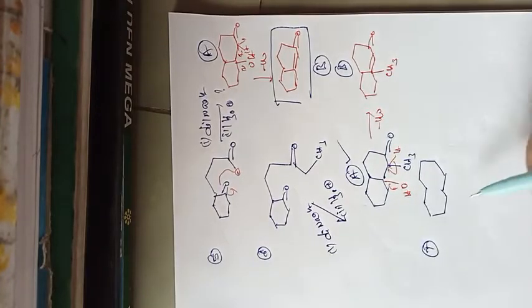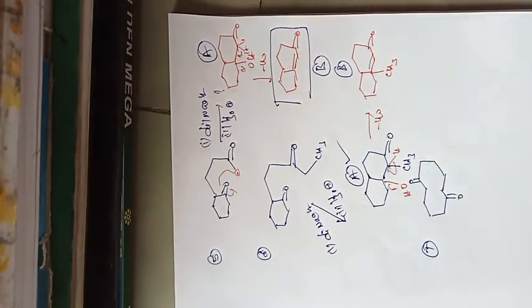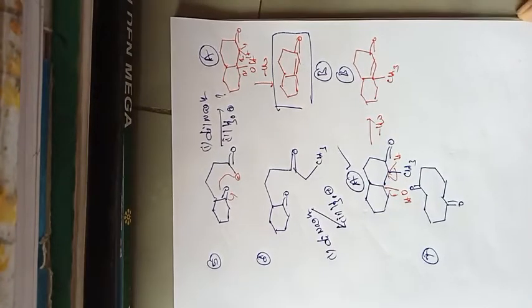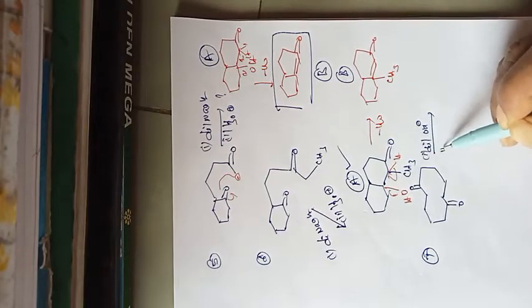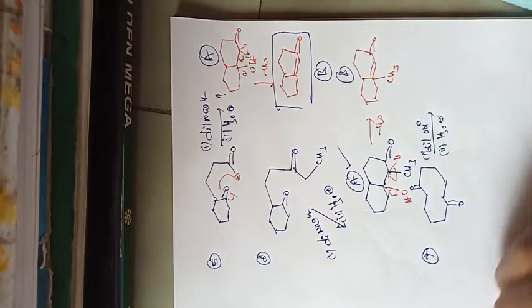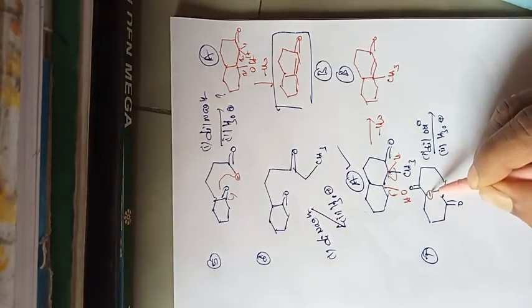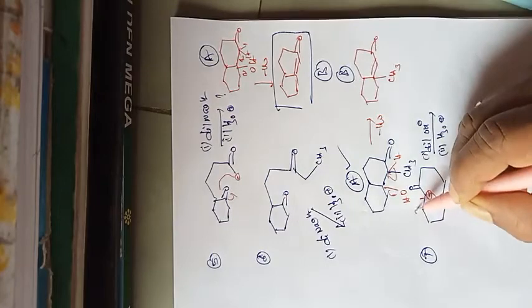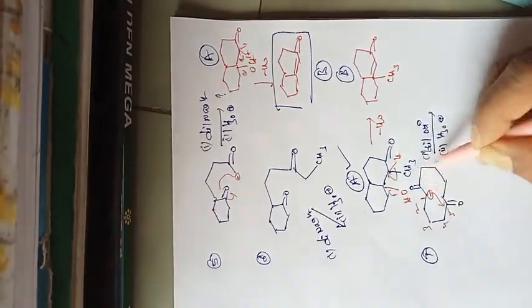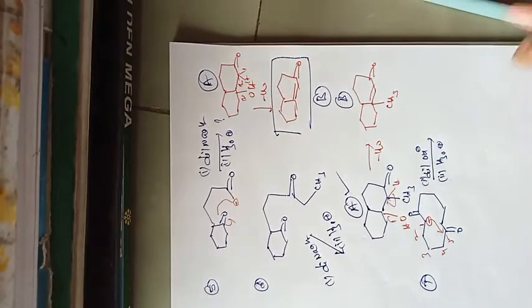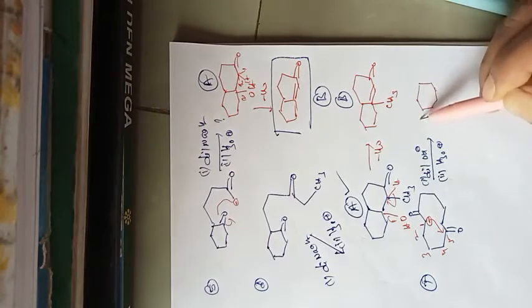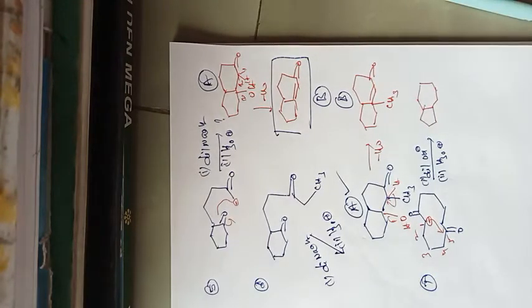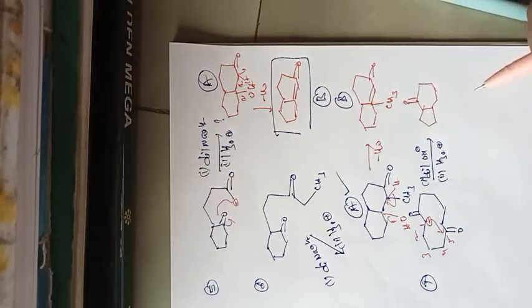So another one. First, this is the 7-membered ring, and for example, here C double bond O. So in this case, what is the answer? Dilute OH minus and H3O plus. So here, the best example, it will form a carbanion and it will form like this. So the ring size is 1 2 3 4 5, and another one is a 7-membered ring. So one is the 6-membered ring and another is a 7-membered ring, like that.